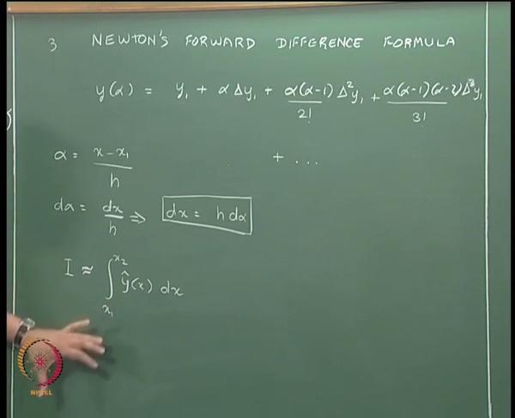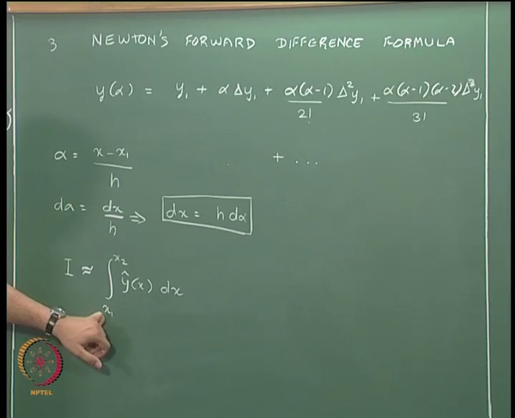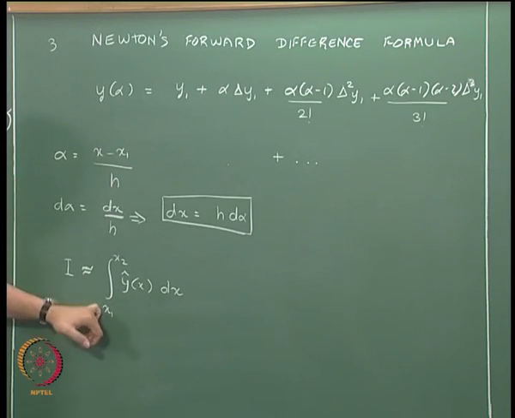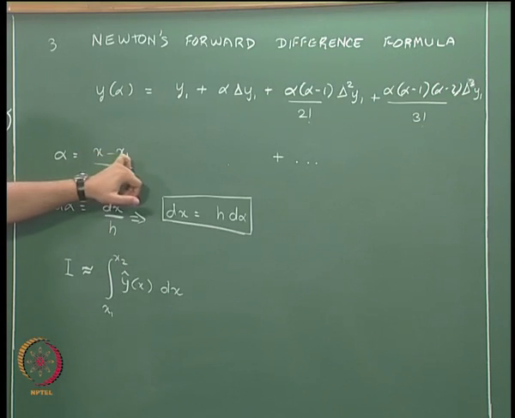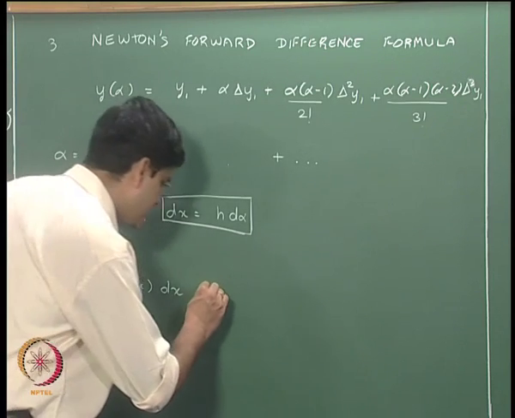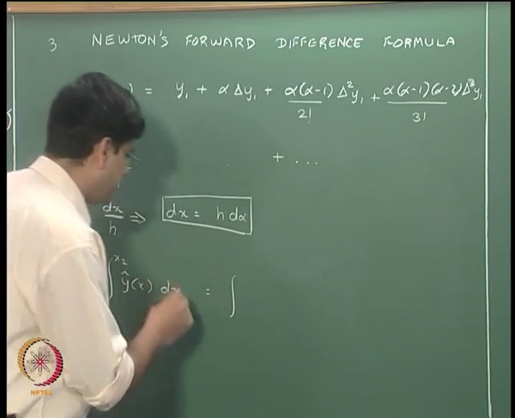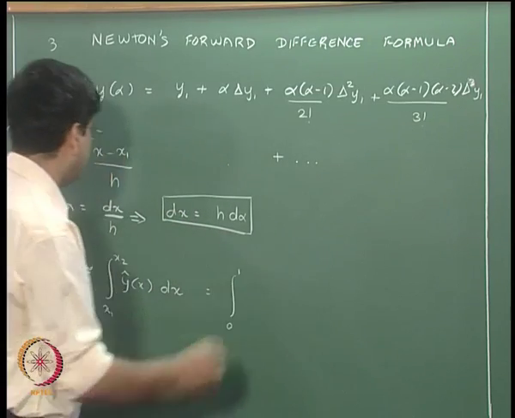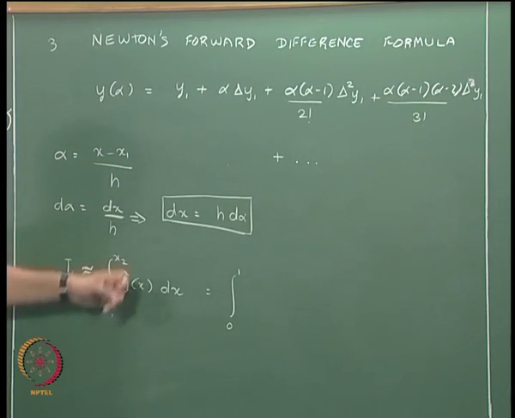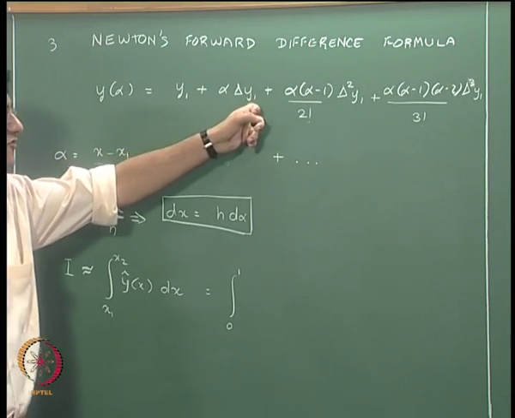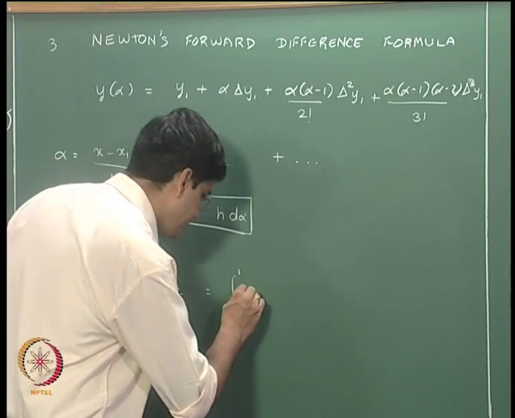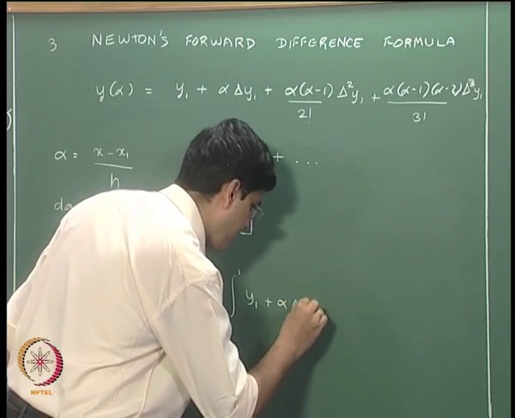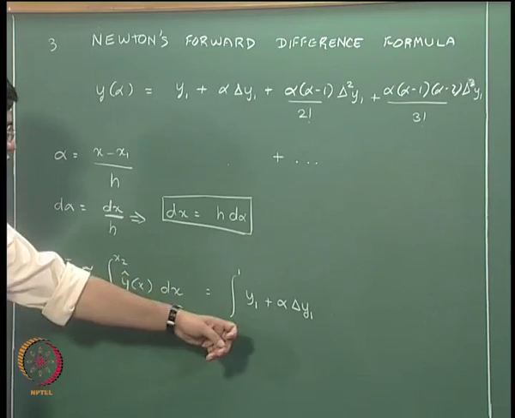Okay. When it comes to the trapezoidal rule, x1 corresponds to alpha equal to 0, you substitute x1 over here, we get alpha equal to 0, you substitute x2, we get alpha equal to 1. So based on the Newton's polynomial, we will have the integral going from 0 to 1. y hat is y1 plus alpha delta y1, okay. So that is going to be our polynomial